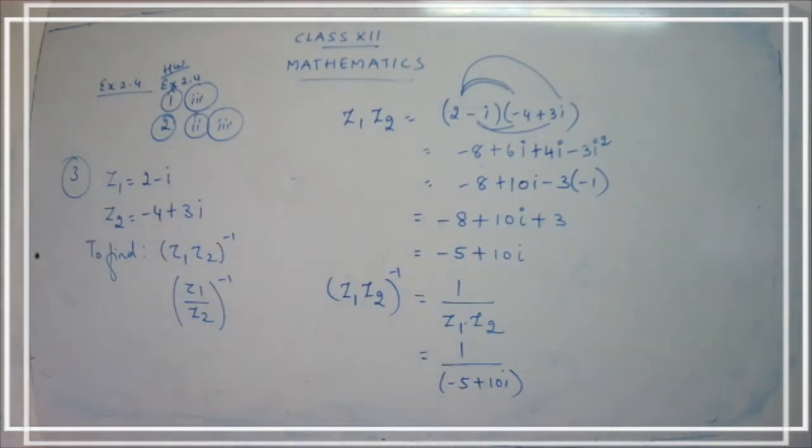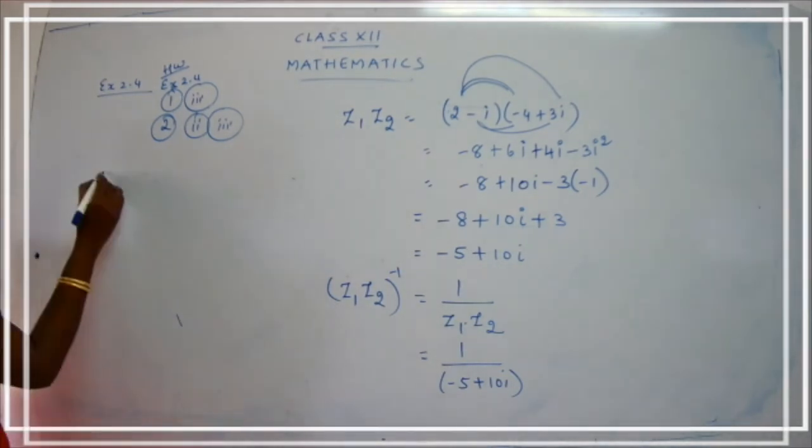I have told you that we should not keep, in the denominator part, any imaginary numbers like minus 5 plus 10i. So we have an imaginary part over there. So try to avoid it. So what is the work you are going to do? You are going to take the conjugate. How are you going to take the conjugate? Yes, you are going to change the sign. For which part are you going to change the sign? The imaginary part. Okay, what is the imaginary part over here? 10i.